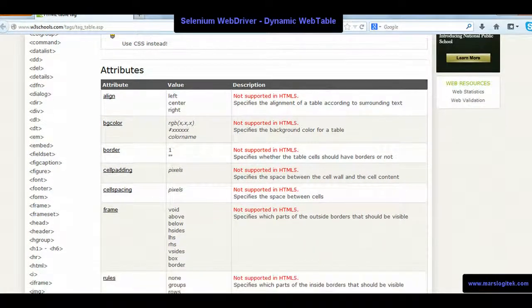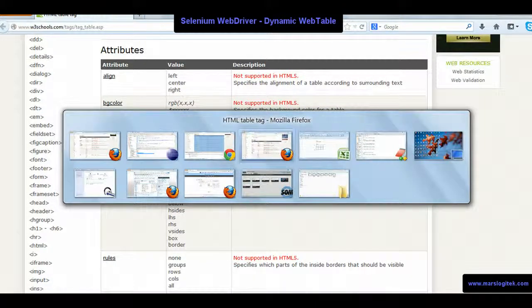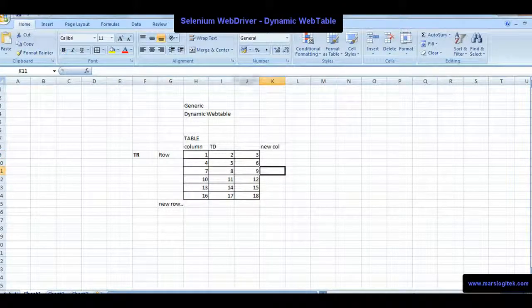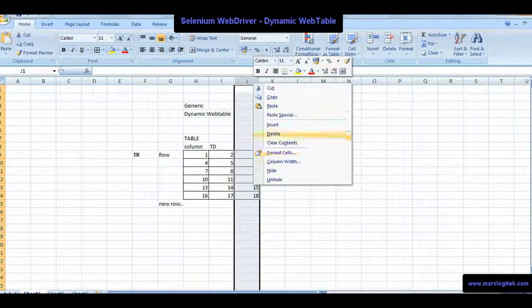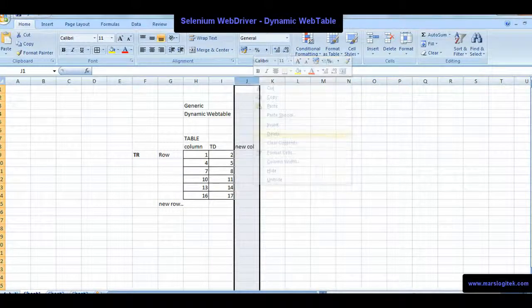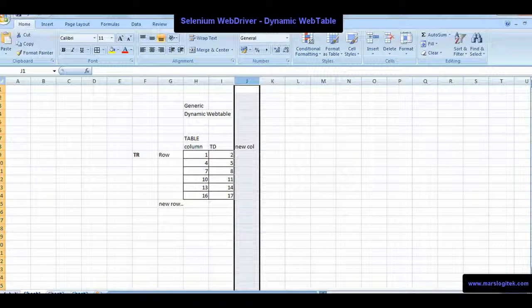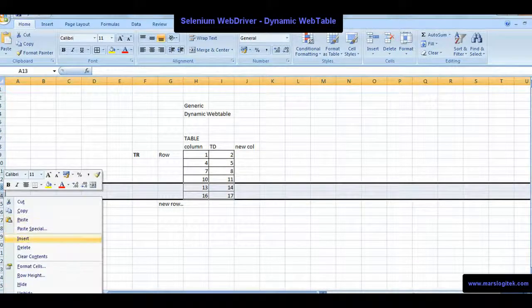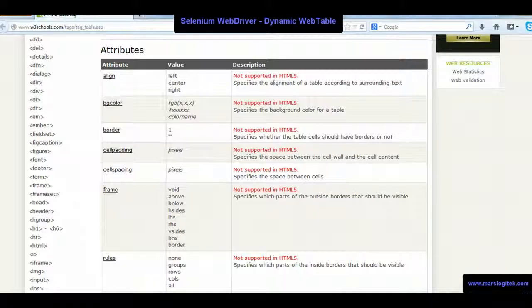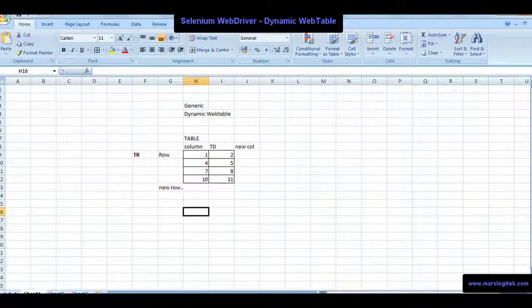So why are we doing this? Because tomorrow, if I go back to the table and something is deleted, and I'm not getting any column, or a couple of rows and the data are also deleted, it's not a problem basically. Still, this code works because dynamically it's going to get the row and column and traverse to each cell and display the data on the console.